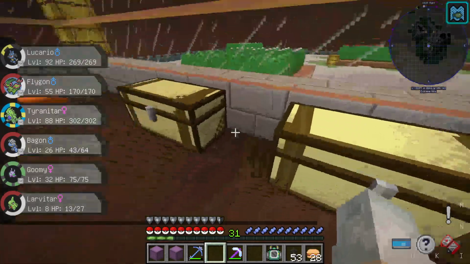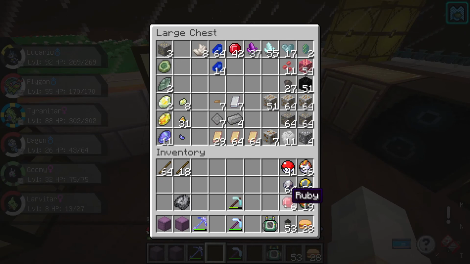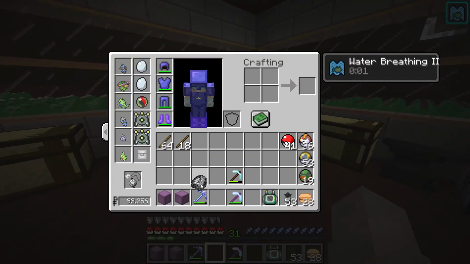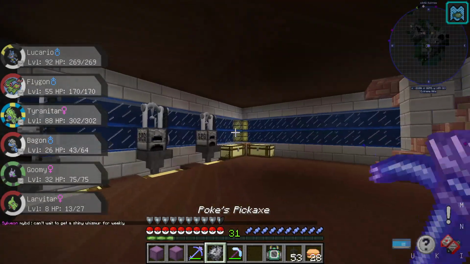Got a ton of coal now. That's awesome. Oh wait, I can't believe I overlooked that. Got a 64 stack of flint. Need to toss that. Now, for the subject of the hour, we used a Fortune 3 pick on 1 fossil